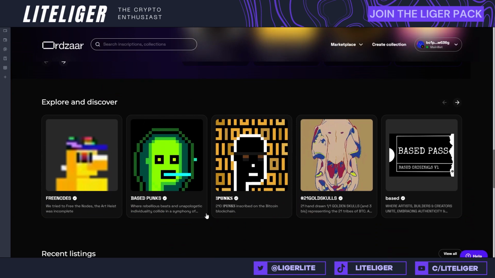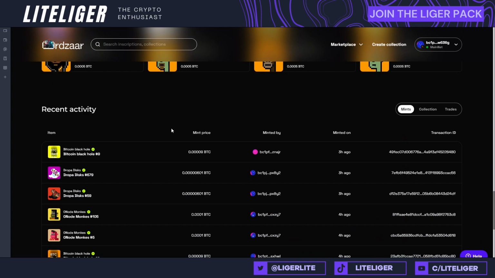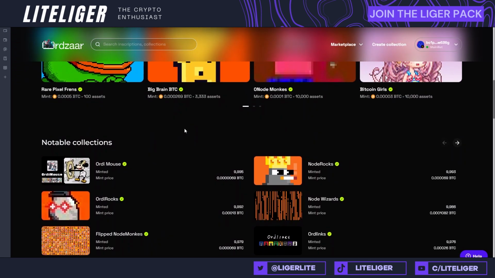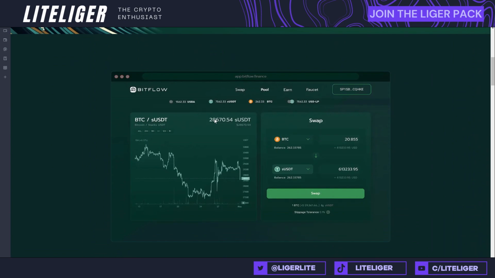Allegedly, there doesn't seem to be any own collection that they have deployed, so holding that would probably be the smart thing to do if they had one. But let's move on. Then we have an upcoming DEX for Bitcoiners called Bitflow, and this seems to be